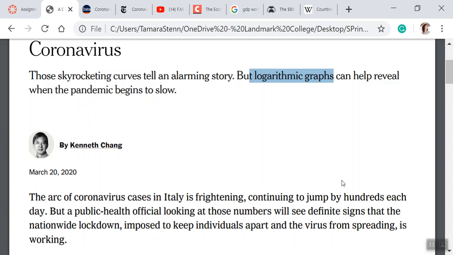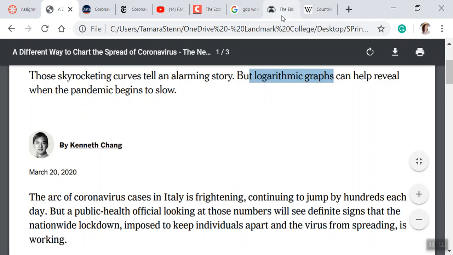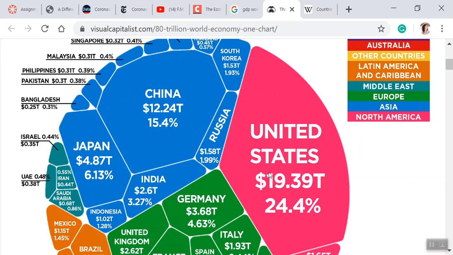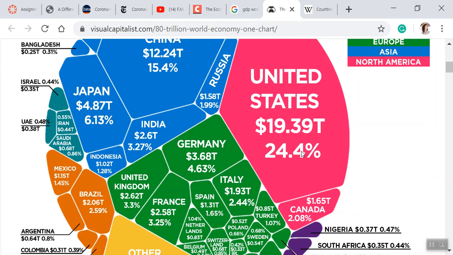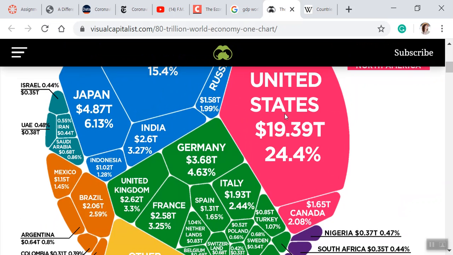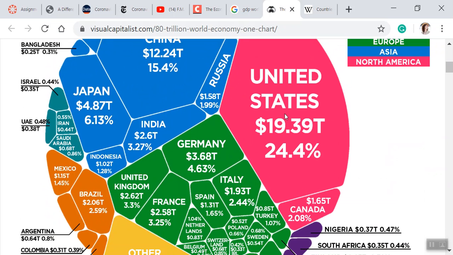And if we think back to GDP, right, back in the beginning of the semester, we were learning about GDP. If we were to look at our country's GDP, here's the United States, our GDP is very big, right, compared to most of the rest of the world, including Italy. Okay, so there's Italy with a much smaller GDP than the United States. However, if I was to look at GDP per capita, because the United States has a lot more people than Italy, we would expect the United States to have a larger GDP because there's more people that are producing goods and services.